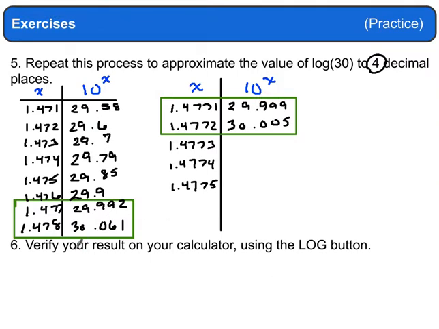So they ask us to verify our result with our calculator. So they want us to actually use a calculator, and they want us to type in log 30 and find out what we get in our calculator. And any basic scientific calculator can do this. You don't have to have anything fancy. There's a button on everybody's calculator, as long as it's scientific or higher. It says LOG for log. You'll type 30. You'll press enter. And when we write it down, we get